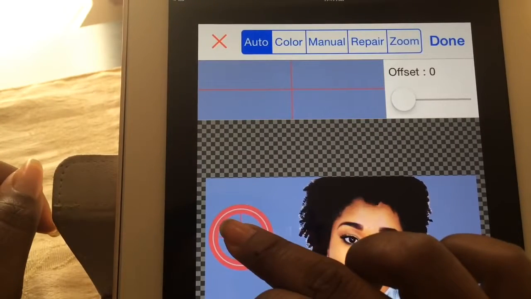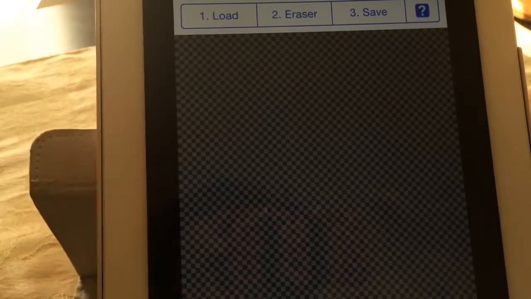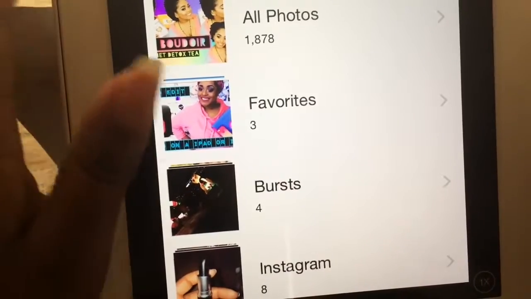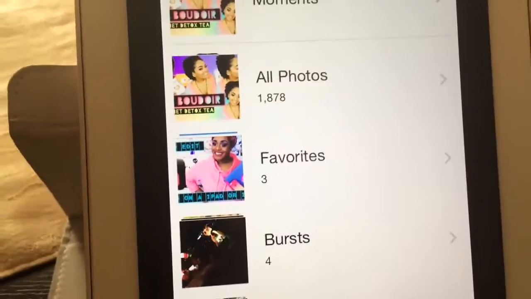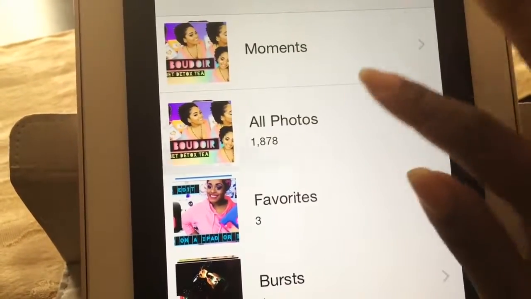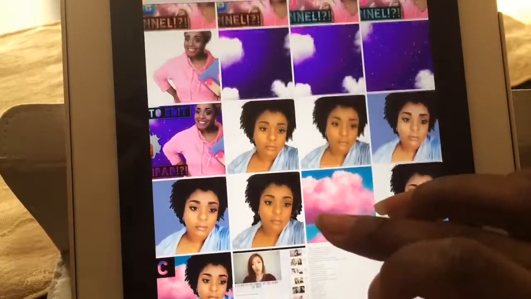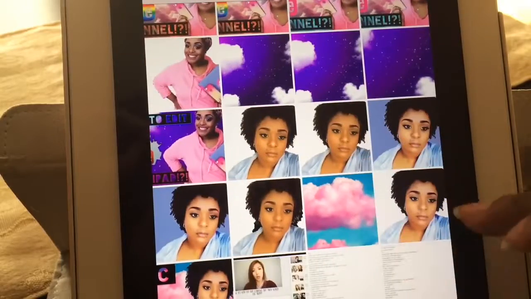So first of all, I am in this app called Eraser, and I'm going to blur out the background of my picture because I don't want it to have a background, because I'm going to be putting it on top of a background, if that makes any sense. I just started doing this, as a matter of fact. I found this on my